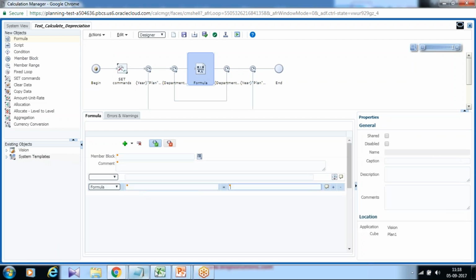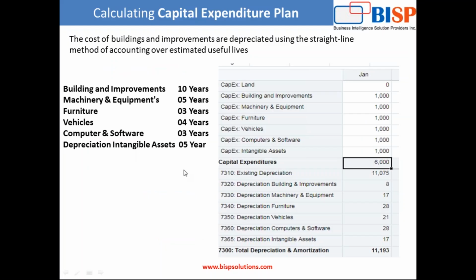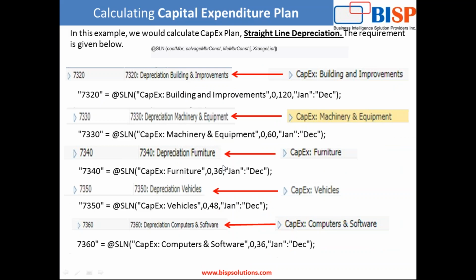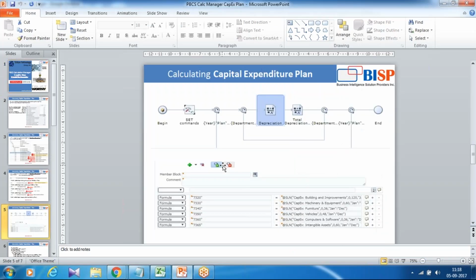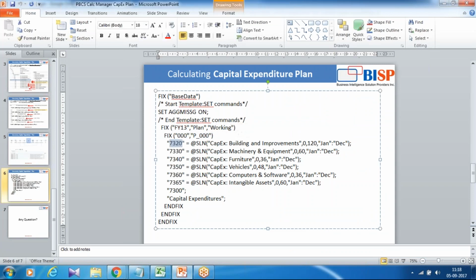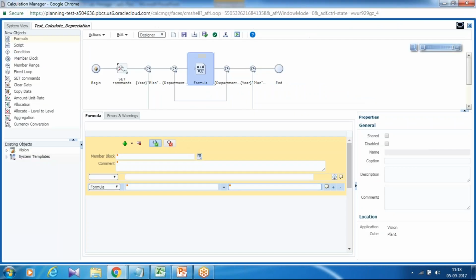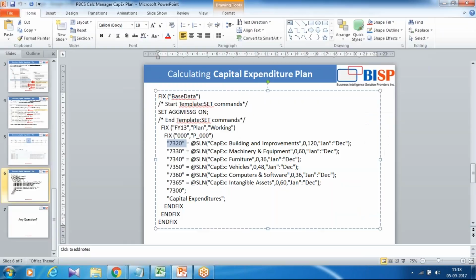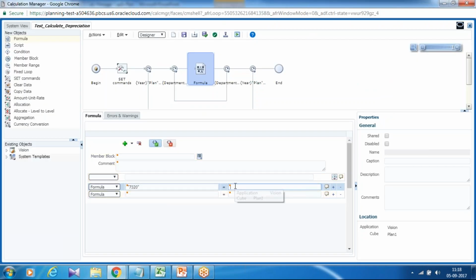I already created the source and destination expressions and I would be using these. 7320 is basically a member under your amortization expenses for building and improvement depreciation. So I simply copy and paste the same way, and once it is done I'm going to save it. I'm continuing doing it.